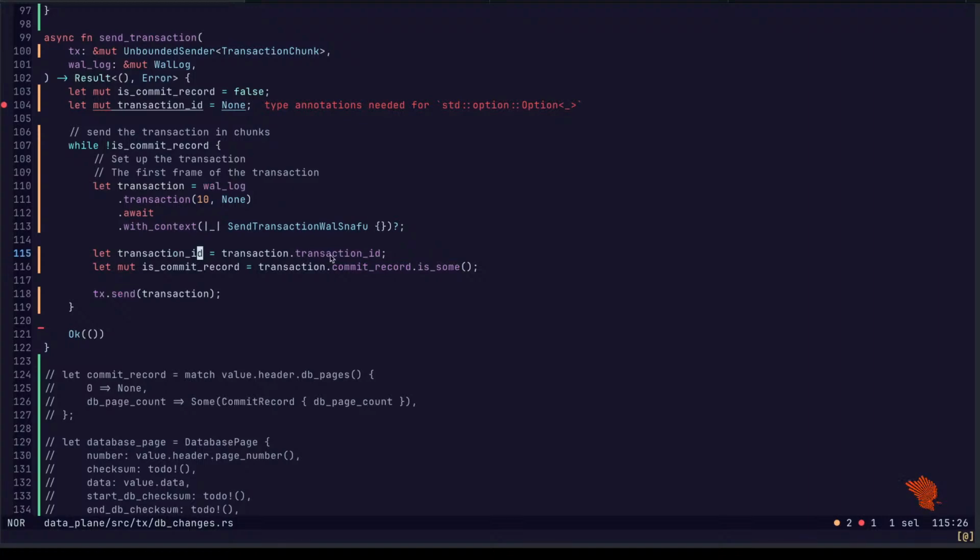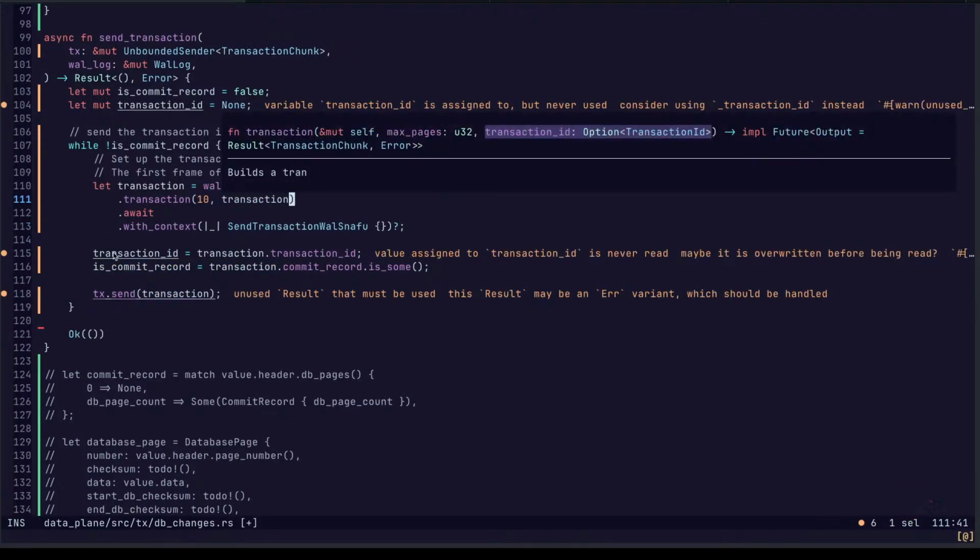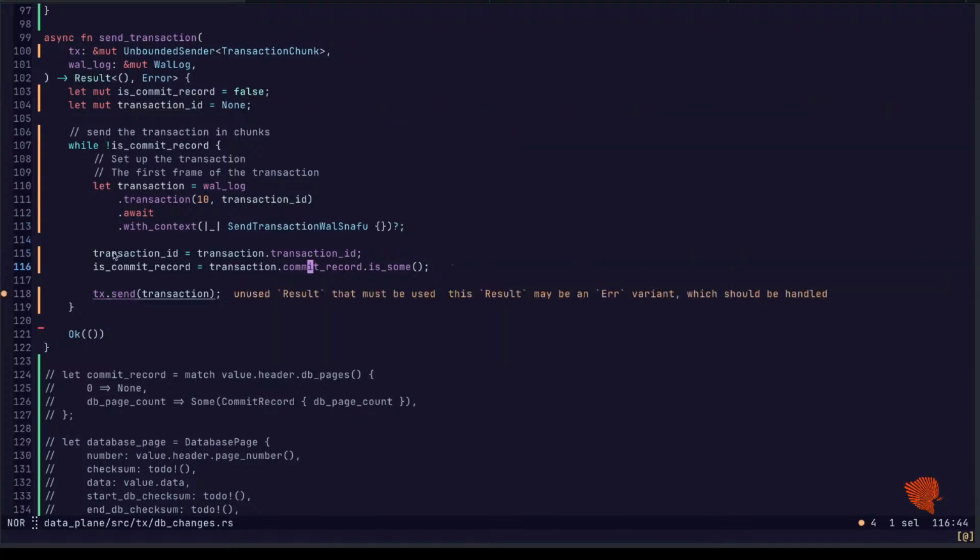Transaction ID is none. Transaction ID and commit record gets set, and then we pass transaction ID in. Okay. Oh, this is coming out so much nicer. This is good.